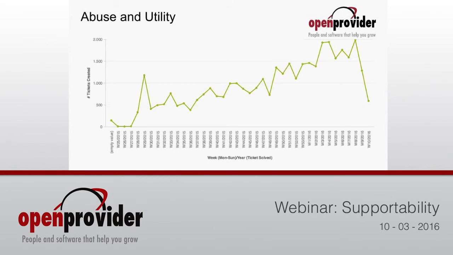So what you see in 2015, we had 500 to 1,000 emails of these. Nowadays, we are near 2,000 emails a week of abuse and utility. Luckily, a lot of it can be automated. I think more than 80% is automatically forwarded to customers, but the remainder needs to be picked up by Christian and manually processed. So automation is also on the roadmap. We need to make sure that Christian is not overloaded by just forwarding 2,000 emails a week. We need to automate this.